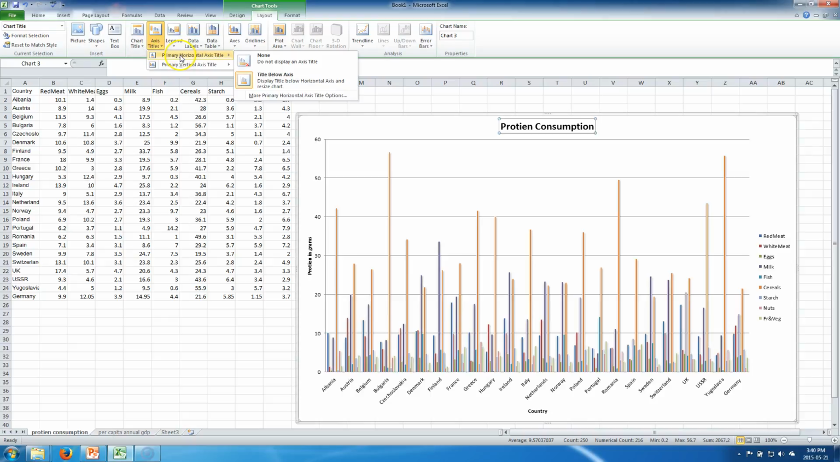Same with the axis titles. You can do it below axis or none, or vertically you can do,